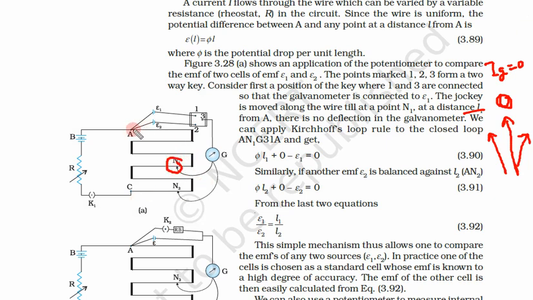So we measure this length. This is 1 meter, 2 meter, 3 meter, and let us say 3 meter 25 centimeters. So this is 325 centimeter. We measure the total length of the wire. So let us say this is 325 centimeter for the first cell. Now what do we do next?